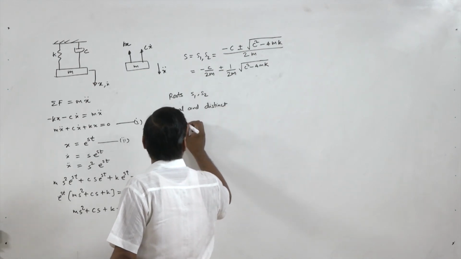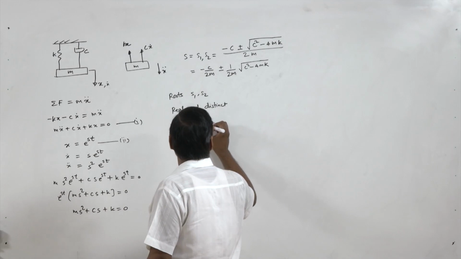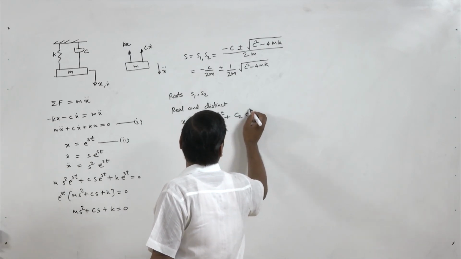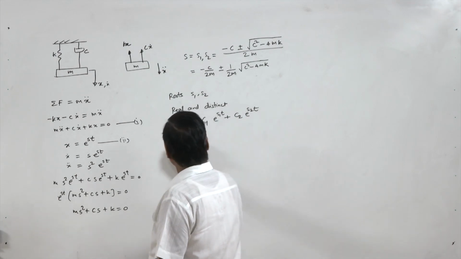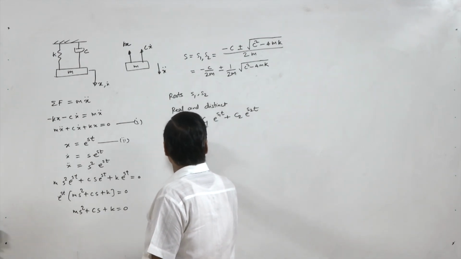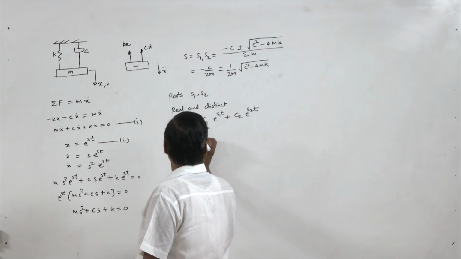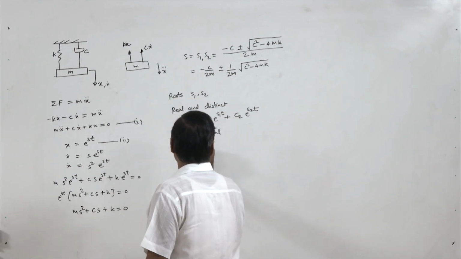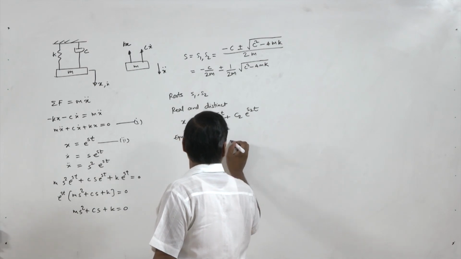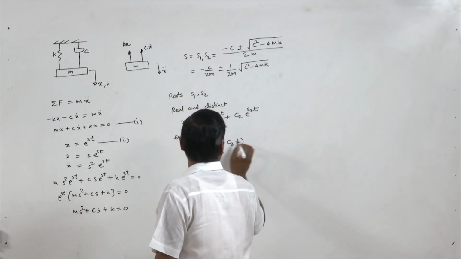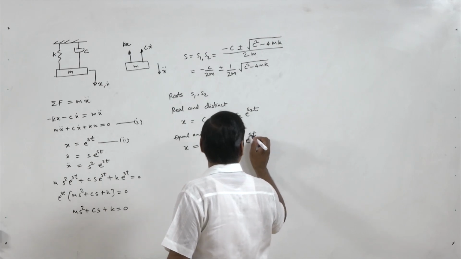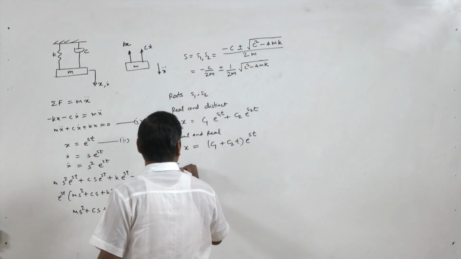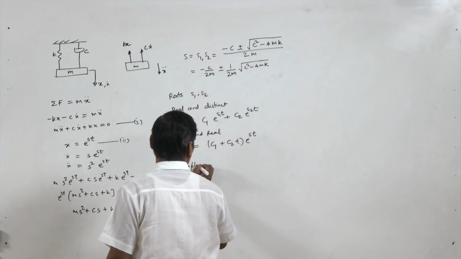So we will have solution x equal to C1 e power S1t plus C2 e power S2t. If they are equal and real, so we will have solution x equal to (C1 plus C2 t) e power st, because s is S1 or S2, anyone. If they are complex roots, so we have, if complex roots,